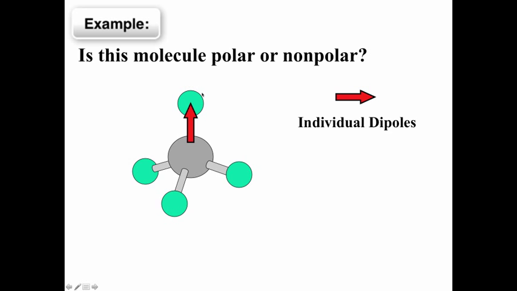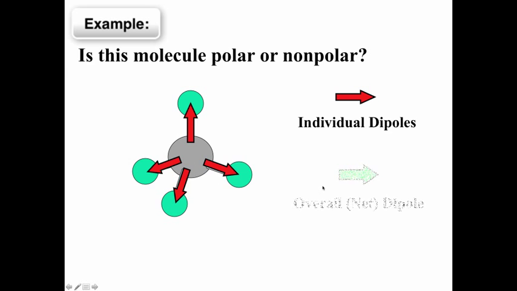So there's a dipole pointing from carbon to this fluorine atom. This side is a little more negatively charged. The carbon's a little more positively charged. But note, there's a dipole pointing to this fluorine, to that fluorine, and to that fluorine. And if you are able to ever play with a physical tetrahedral molecule, or if you look at the pictures that look a little more three-dimensional, you'll see that this is really symmetric. And so this pull, that pull, that pull, and that pull of electrons towards the fluorines, they essentially all cancel